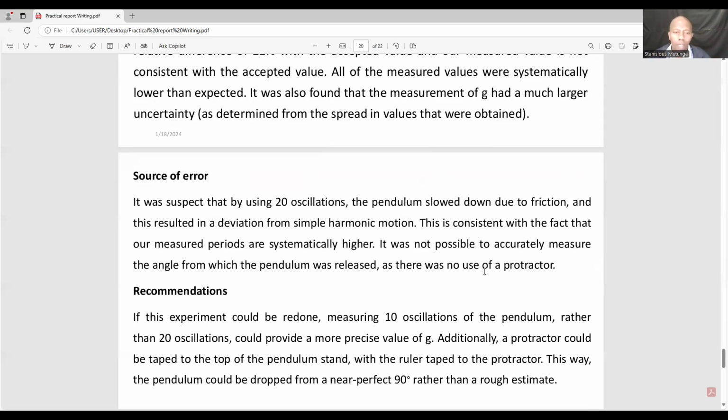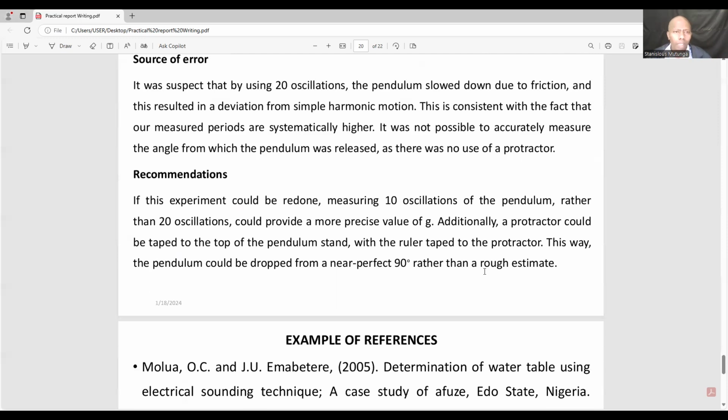After that, now you have the recommendations. If I have these sources of errors, what is supposed to be done by the lab to get the required value concerning this experiment? If this experiment could be done measuring 10 oscillations of the pendulum rather than 20, it could provide a more